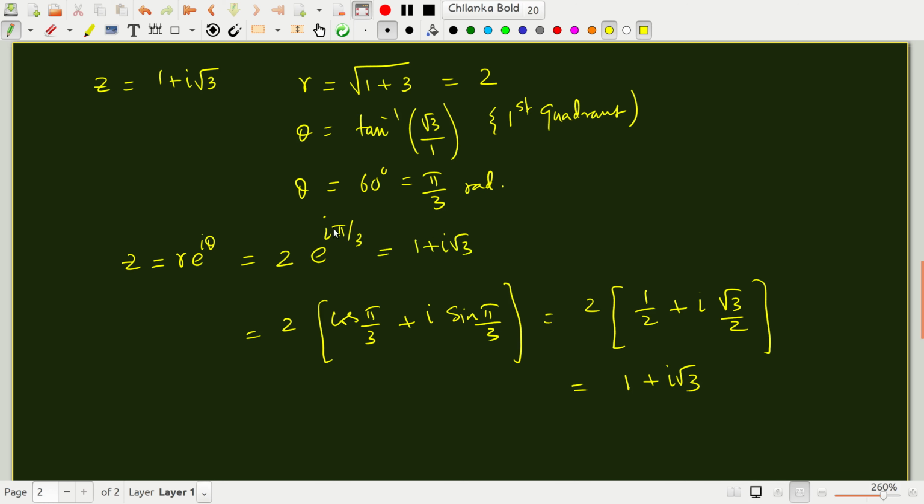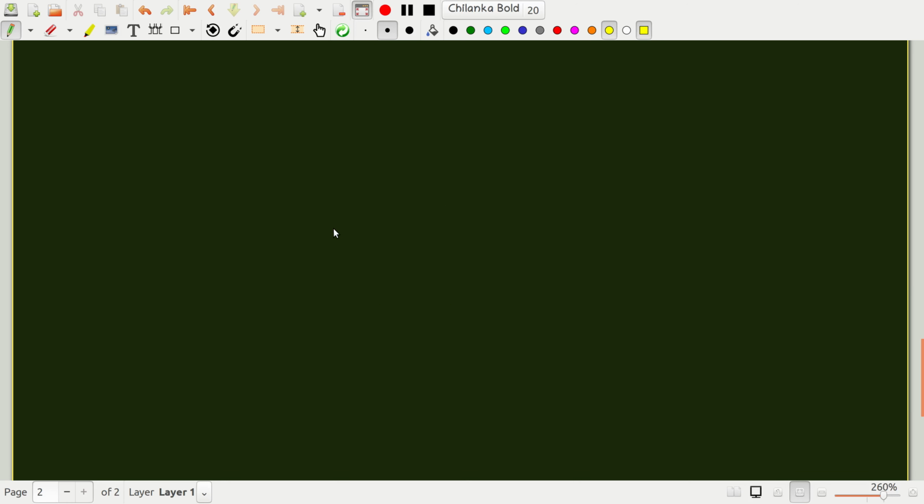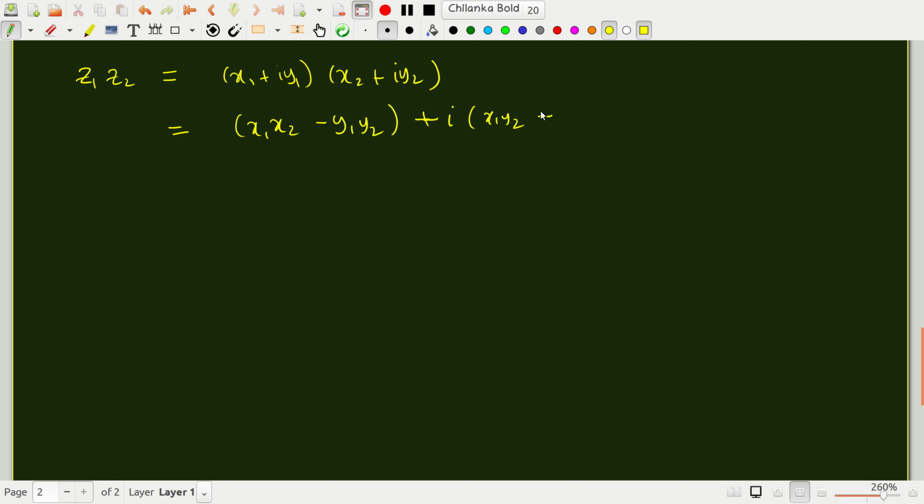Okay, why is this convenient? It is convenient because when you want to add two complex numbers, it's easy to add real parts separately and imaginary parts separately. Suppose you have to multiply two complex numbers, x1 plus I y1 times x2 plus I y2. Then you'll have to expand the bracket out and then use I squared equal to minus 1 and so on, and write this like this, plus I times x1 y2 plus x2 y1. Okay, this is something that you can do, right?